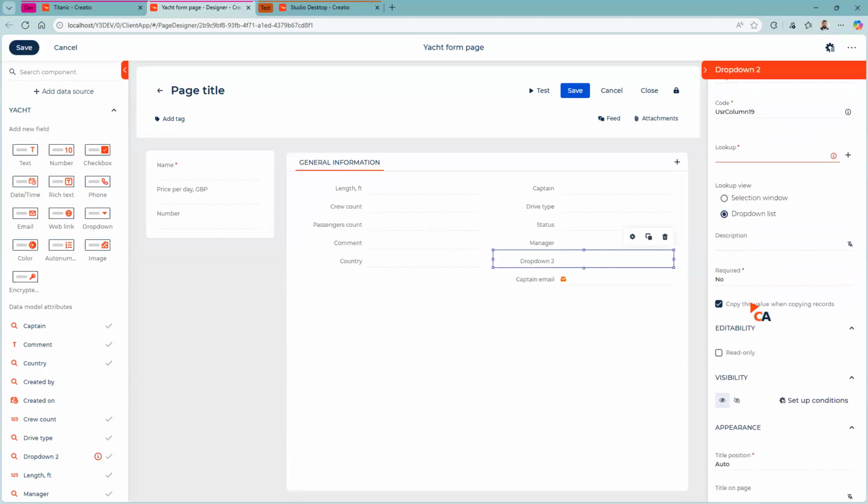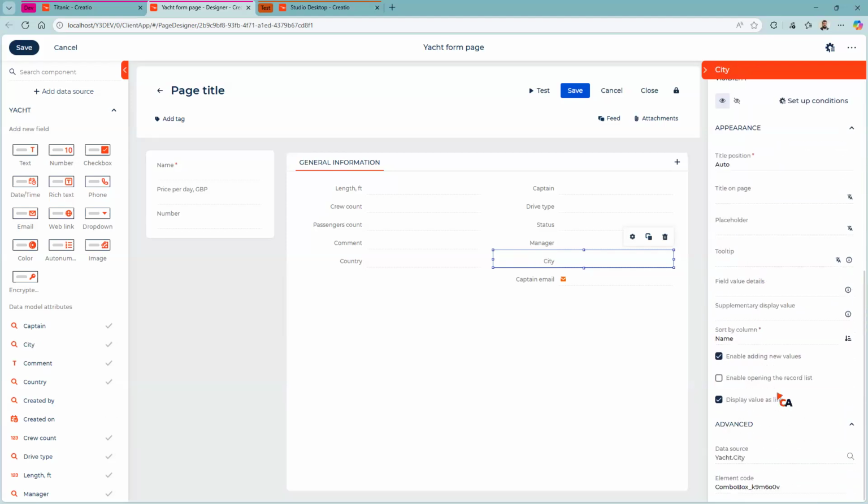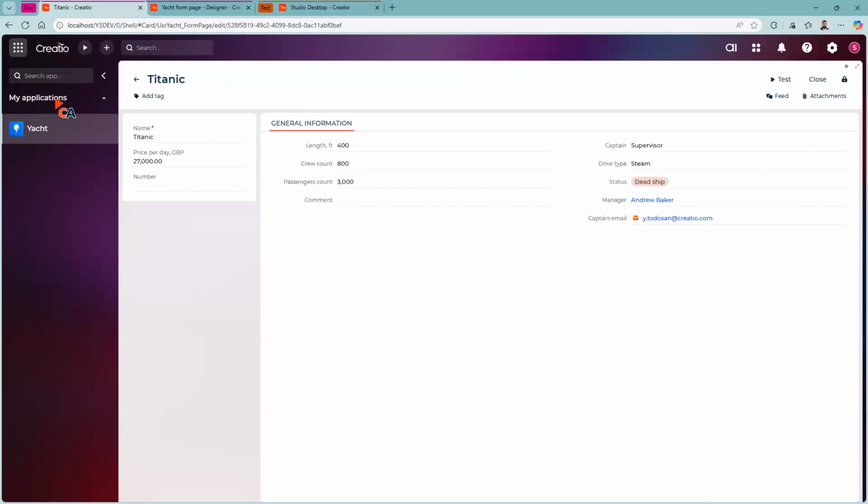Cities. City for the title. Prefix city for code. Lookup is also city. Element code city. And maybe we will allow adding new values, but this is something to be discussed. So while we're publishing these changes,